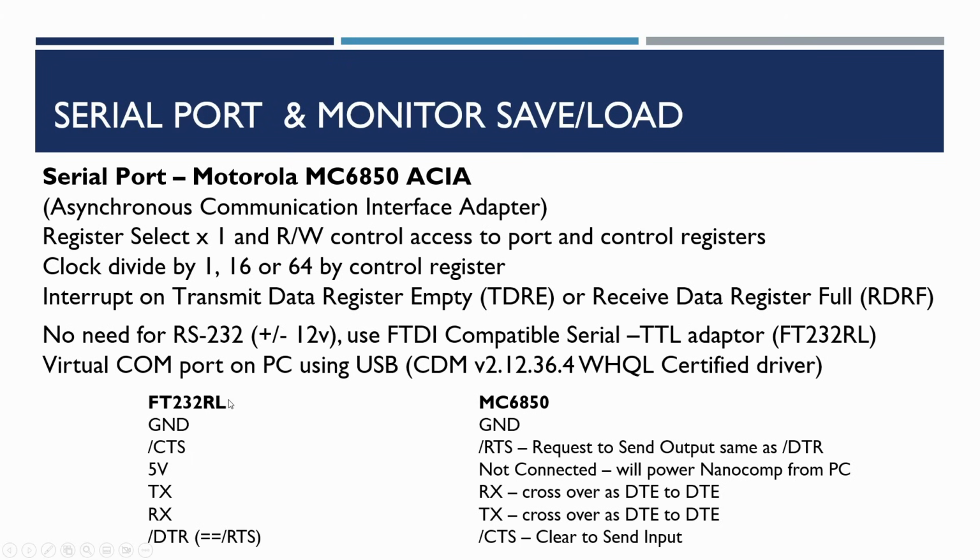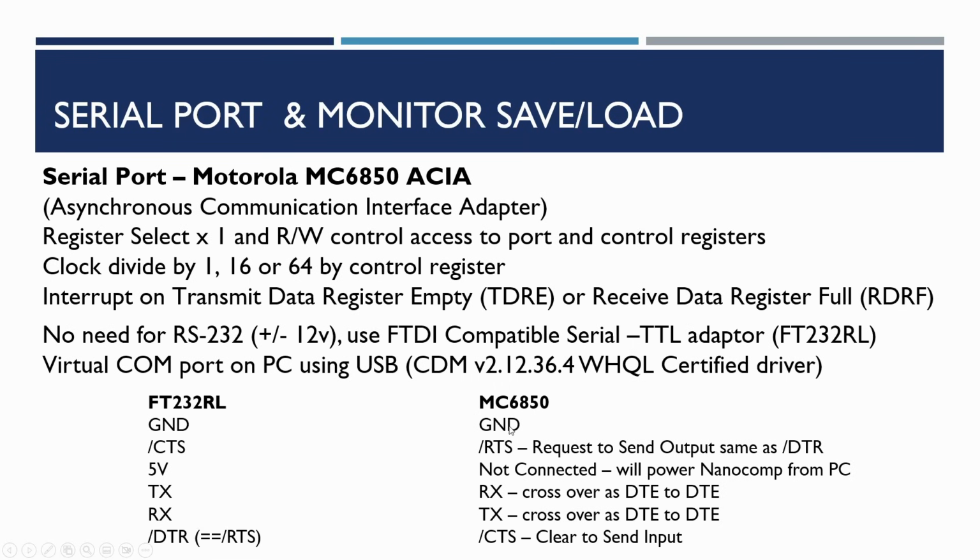The signals that we need to connect between the USB port adapter and our serial interface, because both of these devices are what's called data terminal, DTE, devices. There are DTE devices and data communications devices. So a data communications device would be, for example, the old-fashioned modems that would use the telephone line. But when you're connecting a DTE to a DTE, you do need to switch the lines over. So the transmit and receive lines need to be crossed over. So the transmit on one goes to the receive on the other, and receive on the other goes to transmit.